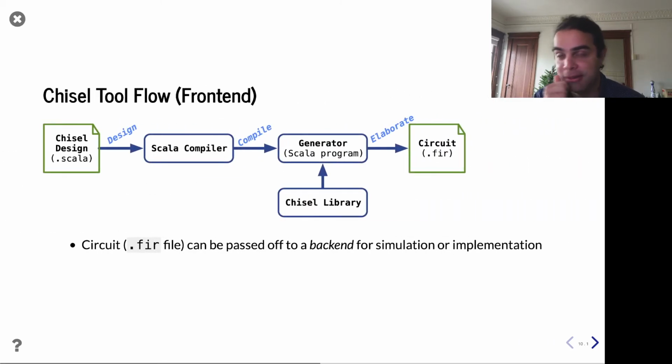And so just to give you a sense of how this all fits together, you're going to write your Chisel design as a Scala file. So .scala is going to be what it is. You're going to pass it to the Scala compiler, and it's going to run. When that program runs, remember we're making generators in this course, not just a single hardware design, but a hardware design generator. It's going to talk to the Chisel library, and the two of them together are going to create the output, which is what we call a circuit, or in particular, what we call a FIRRTL file, or a .fir. And so FIRRTL is the